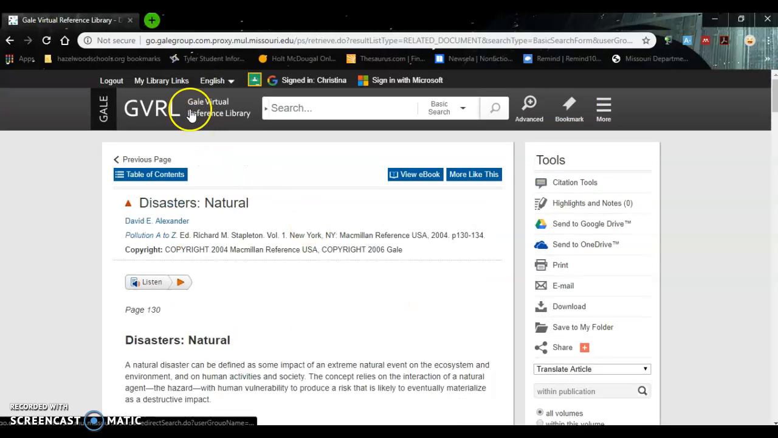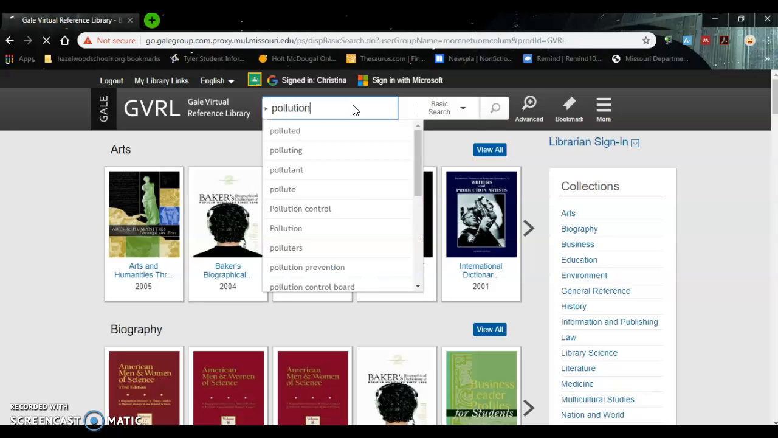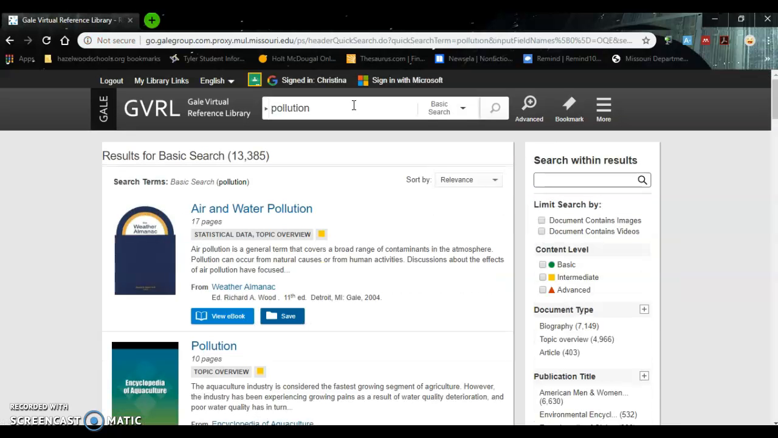Another way is to go back to the home page, and we can conduct a basic search. So let's look for pollution. And we see here we have over 13,000 references. So we can narrow it down by looking at document type or content level, or we could do an advanced